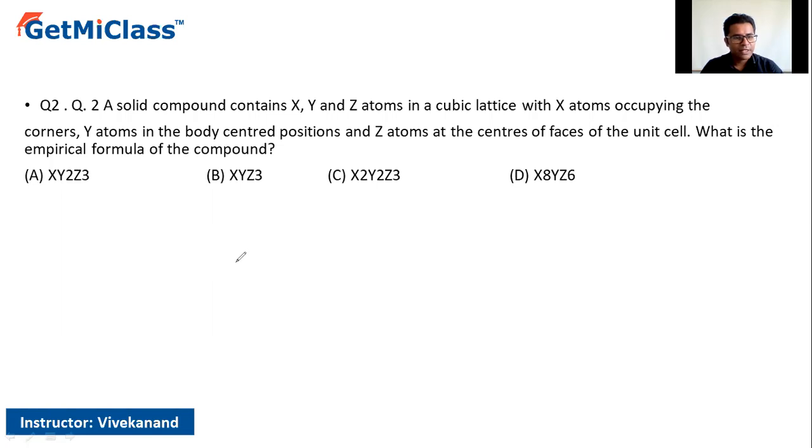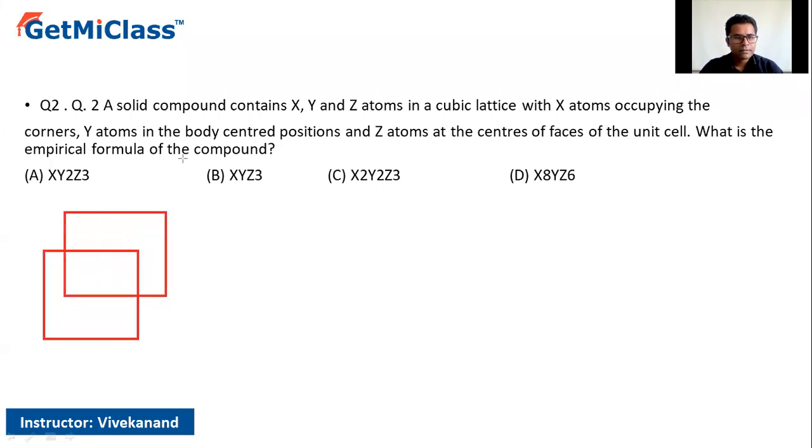A. XY2Z3. B. XYZ3. C. X2Y2Z3. D. X8YZ6. Okay, so let's take into consideration a cube in order to proceed further. Let's assume that this is a cube, and in this particular cube, let's check with the atom